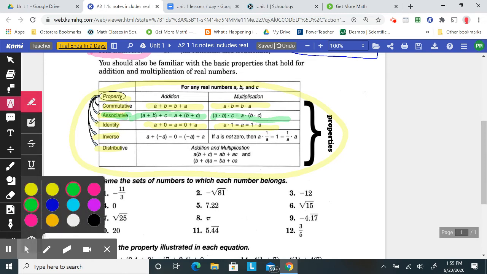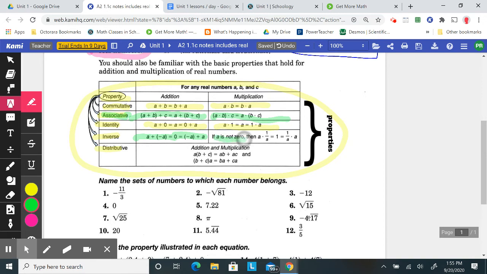And then we have the inverse operation, which means we call them additive inverses or opposites. If you take a number and add its opposite to it, you will get 0. And in multiplication, it's called a multiplicative inverse or reciprocal. So if you have a number A and you multiply by its reciprocal, you will always get a 1. And then we